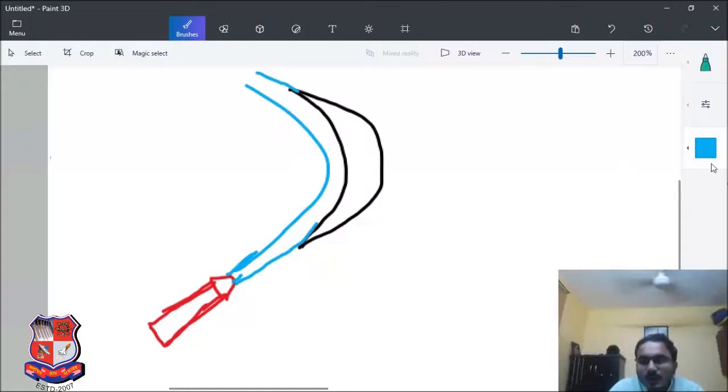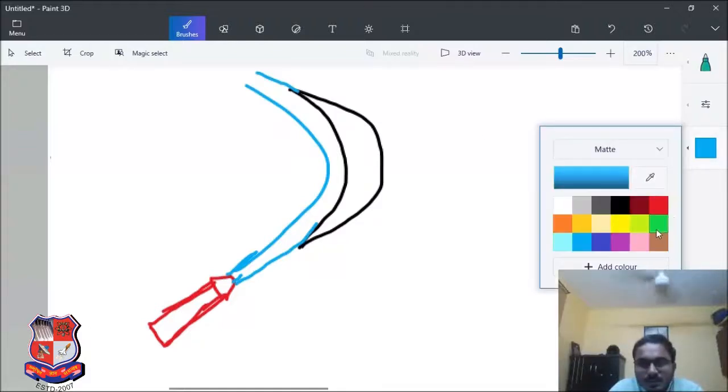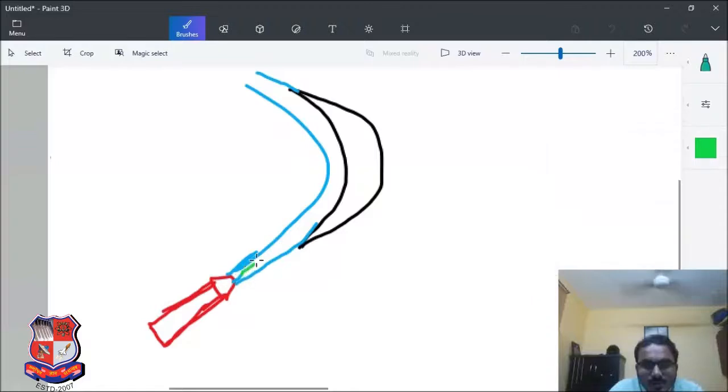Okay, now as far as velocities are concerned, we will have this as an initial velocity v,